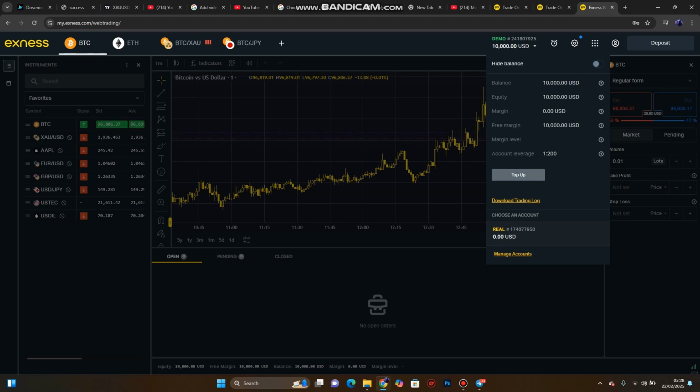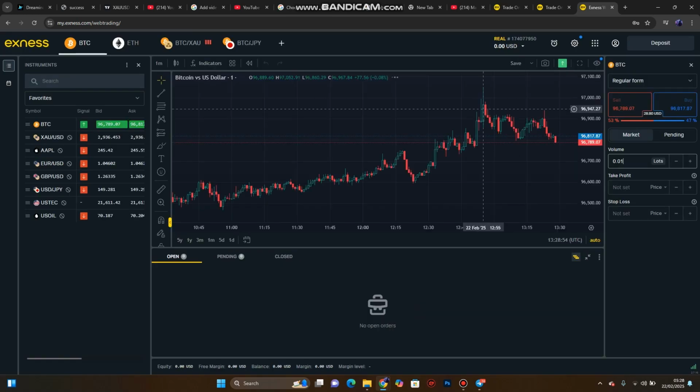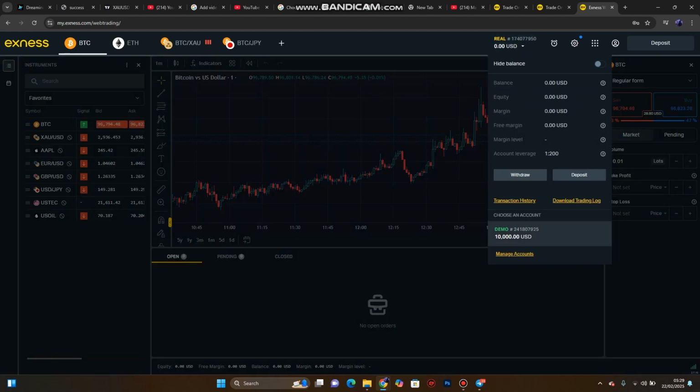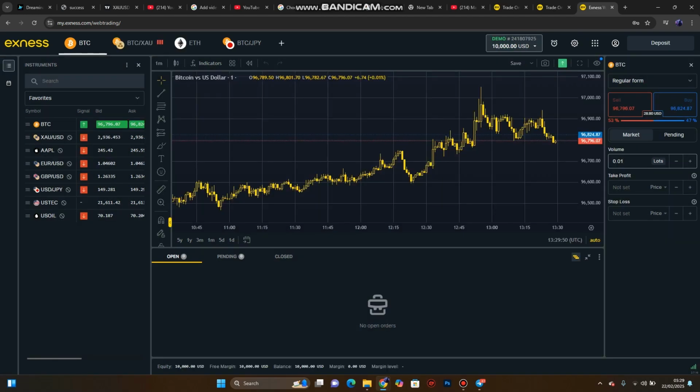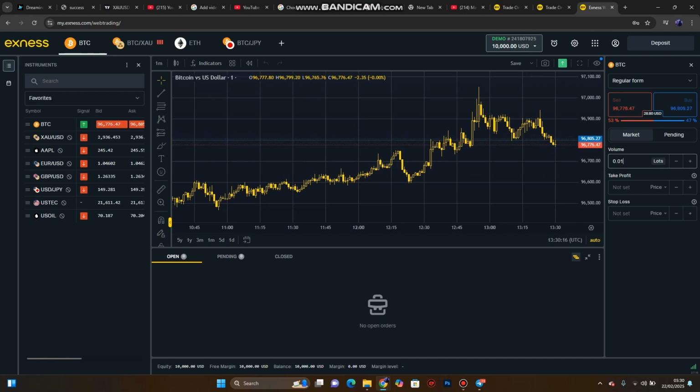So you can top up by clicking on this button. So as you can see right here, there's real. This shows that you can create a real account right from here. So when we click on this, this is now our real account with 0.000 US dollar. This our demo account, this our real account. You can trade with this, you can practice with this, backtest with this. So I recommend you reduce the money in the demo account to something like $100 so you can be realistic